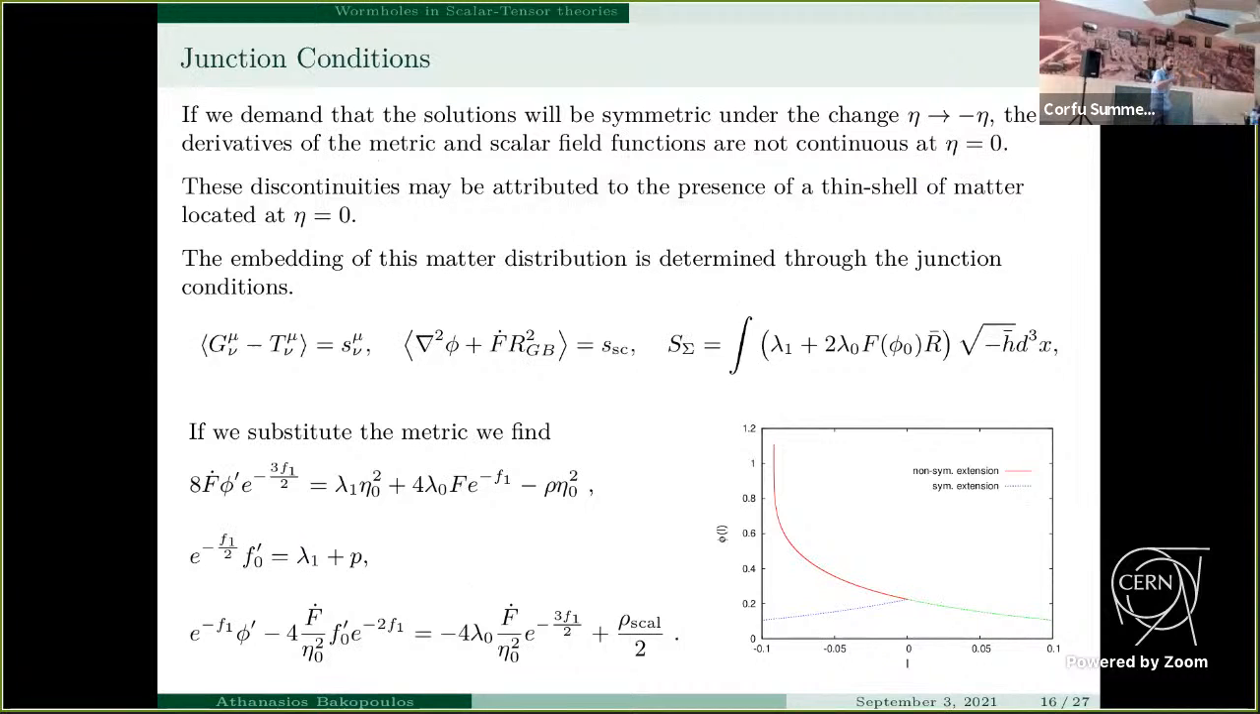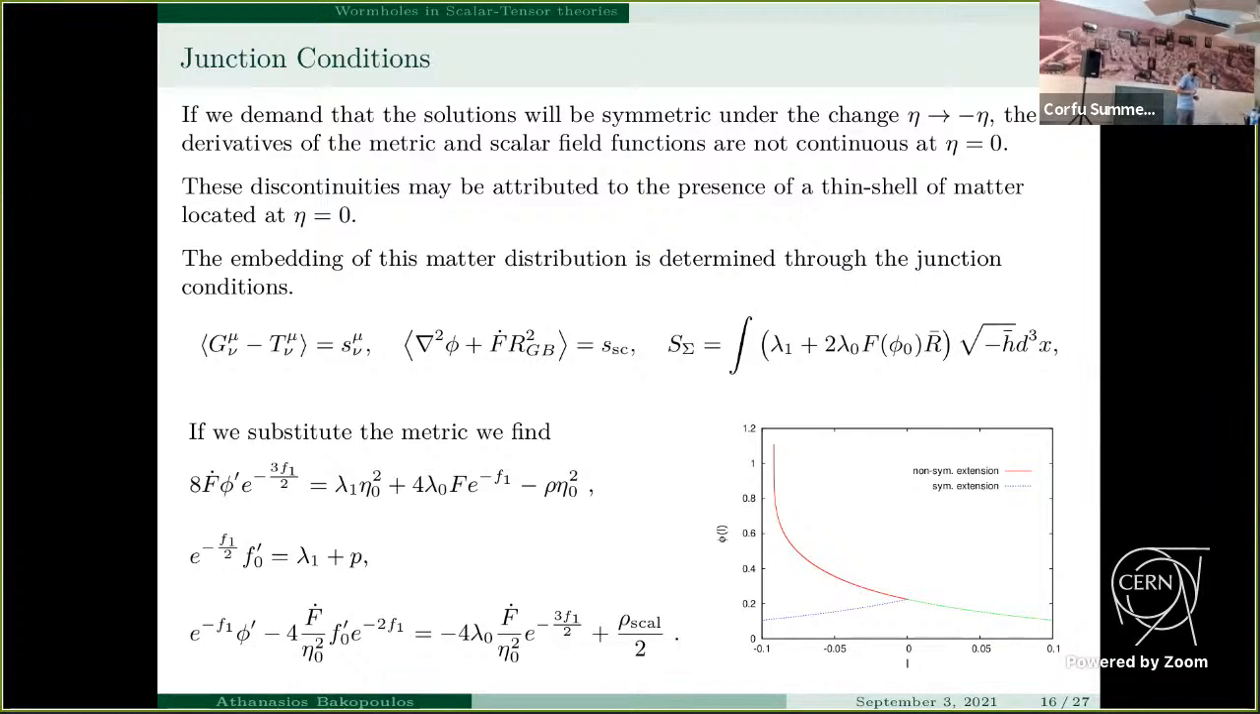So far, we have discussed what happens in half of the wormhole spacetime. If we want to find the solution in the other half of the wormhole, we have two ways. First, we may start with the same initial conditions at theta equals 0 and integrate up to minus infinity. Or we may impose